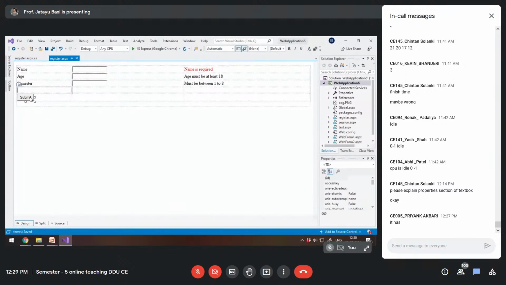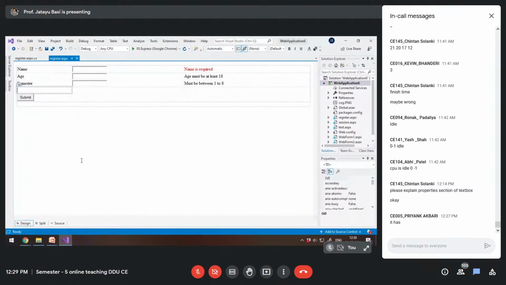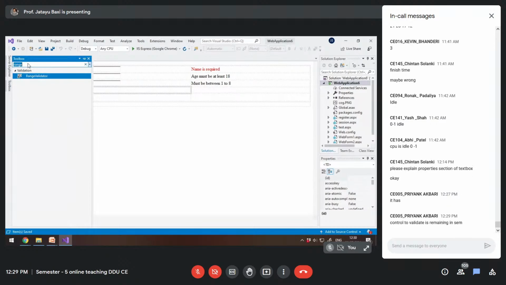Now let's add the regular expression validator, the last validator. What will I add? Email address, right? The email address, with a regular expression validator.